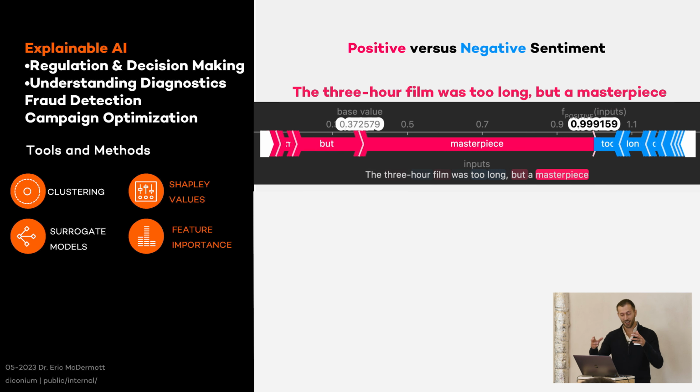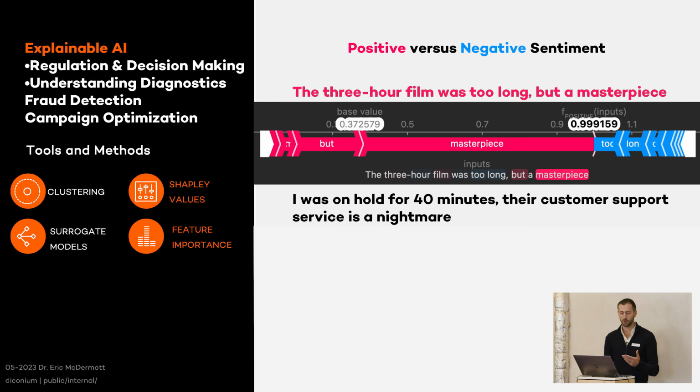And this is actually a look inside the model's brain, how it rated all of those words. So you can see that on the right side, you have the words like too long, and it's driving it negatively. But then you have this word but, which is a qualifier after the negative. So it also gets a positive boost because it's like, well, it's not all bad. And then the word masterpiece, of course, boom, a huge positive boost. And this sentence becomes positive.